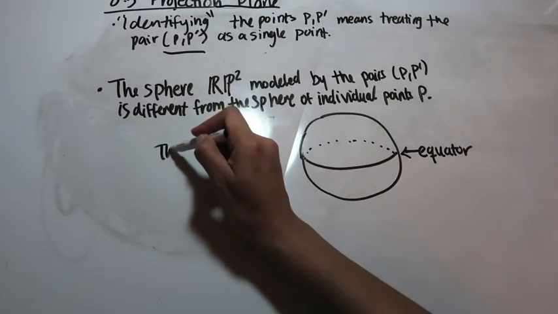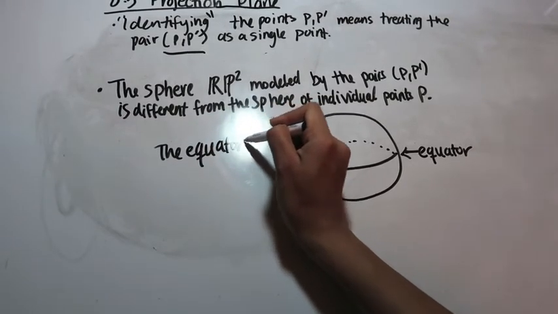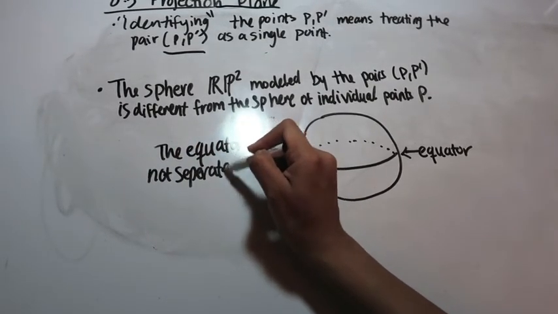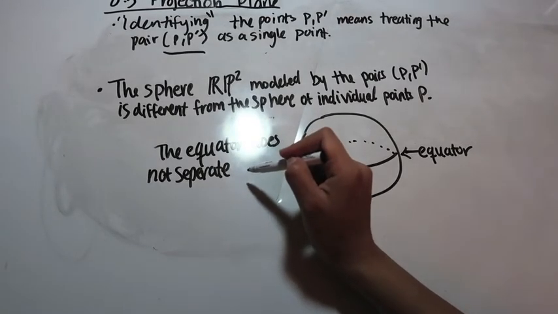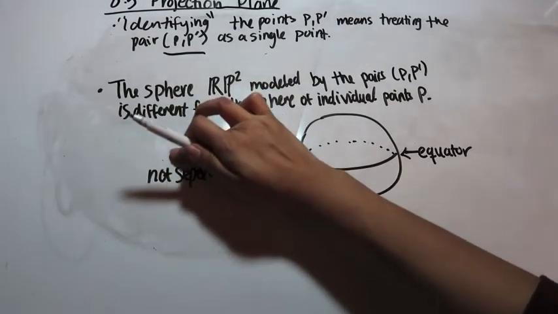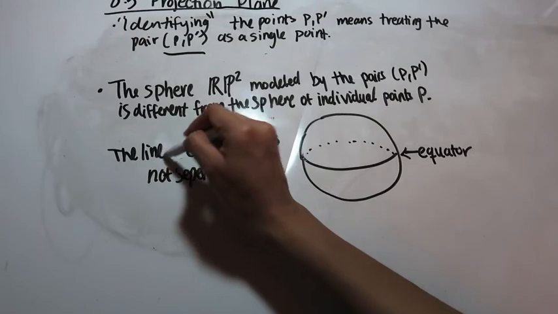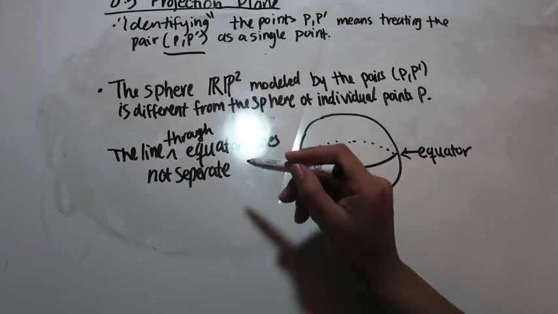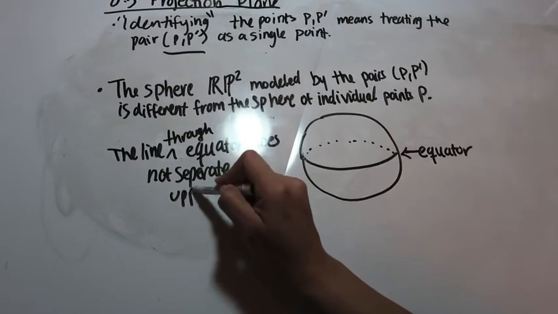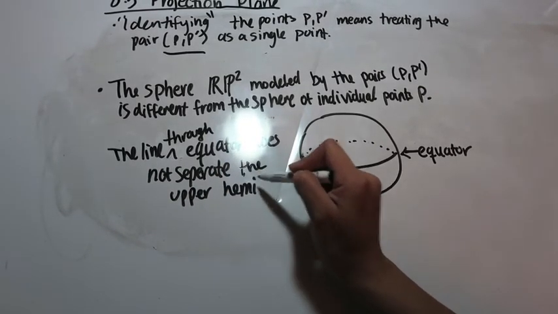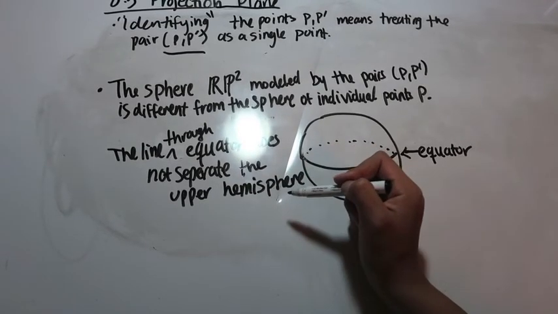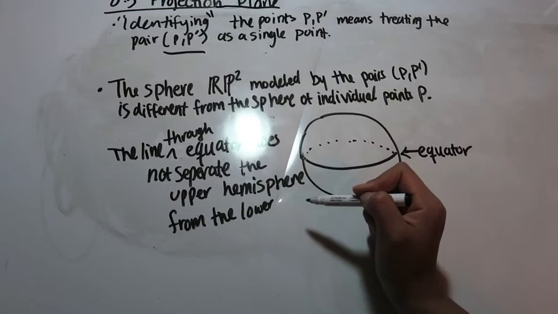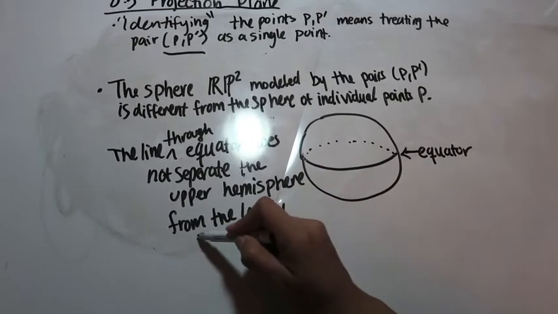So we have here that the equator, or let's say the line through the equator, does not separate the upper hemisphere from the lower because